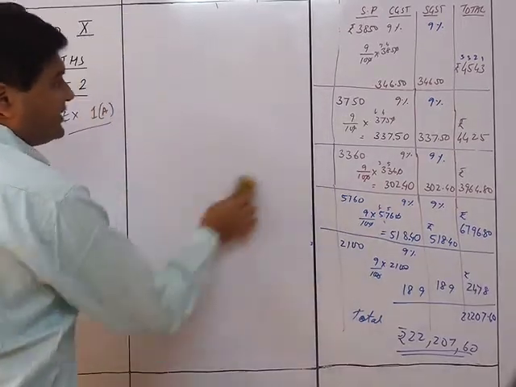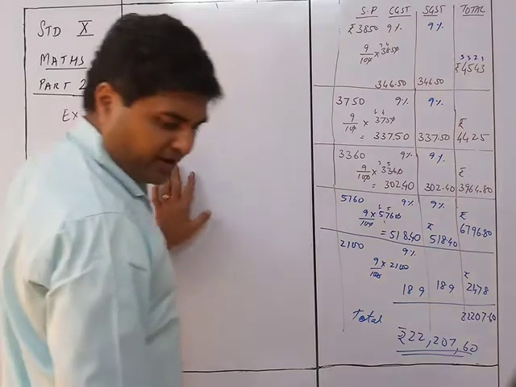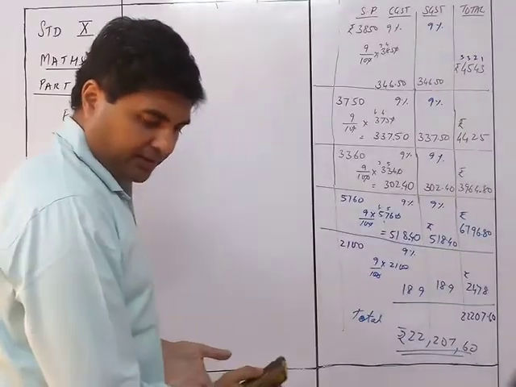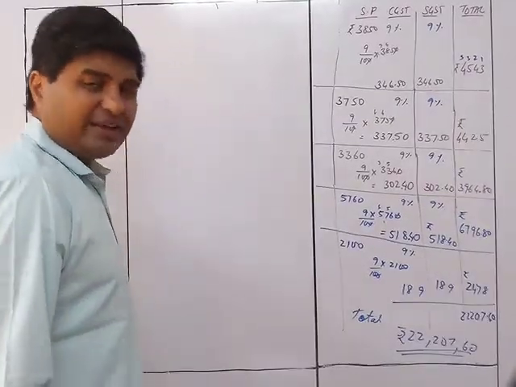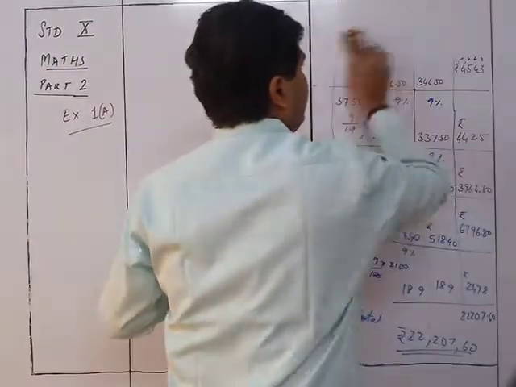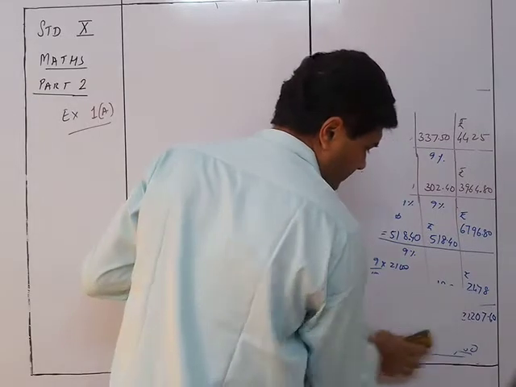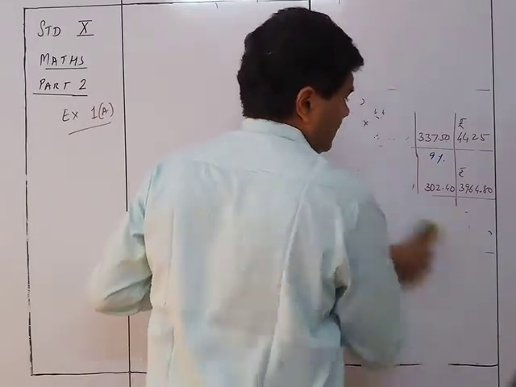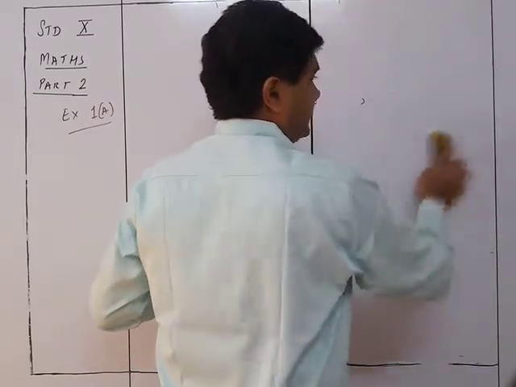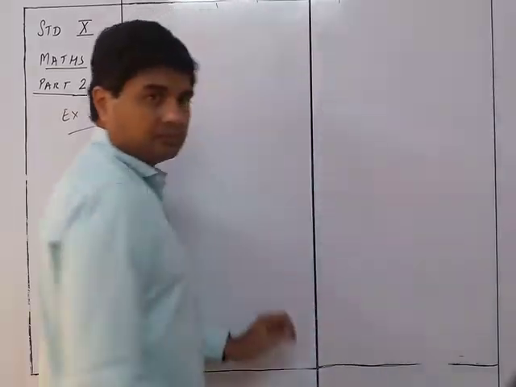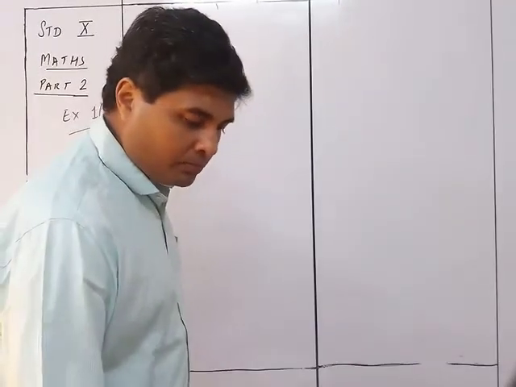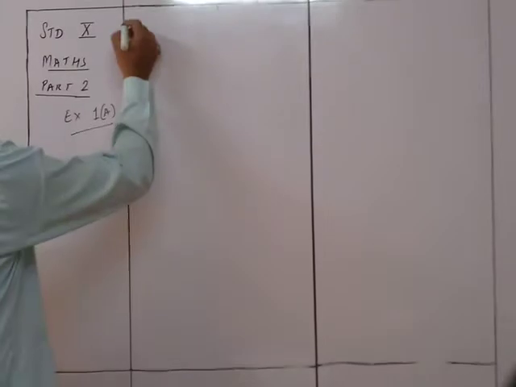Now question number 5 again is in tabular form. Even question 7 is tabular. This exercise is in tabular form, so we may require a lot of calculations to be done in this particular part of the chapter. Let's see the different things. So we now see sum number 5.